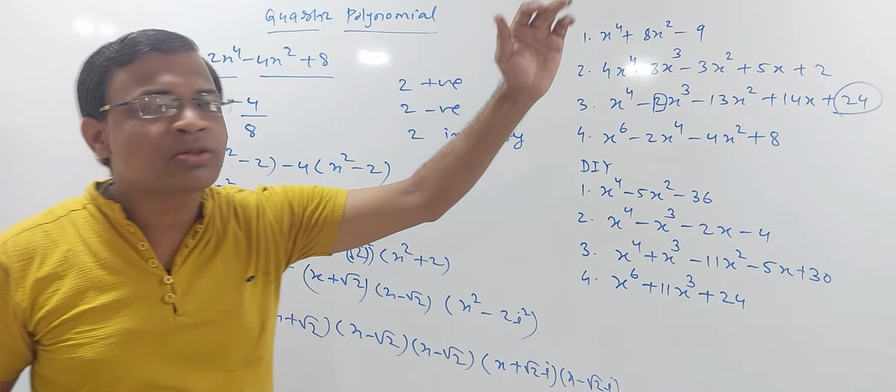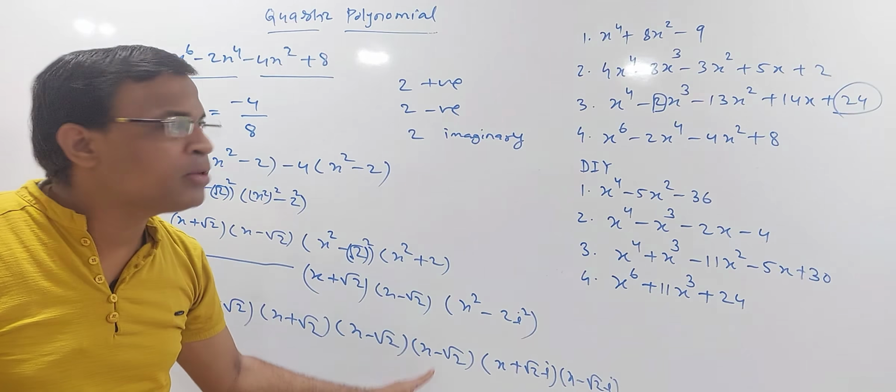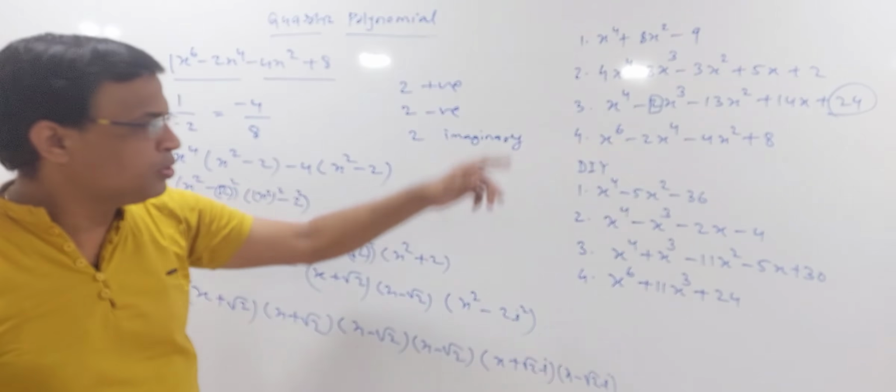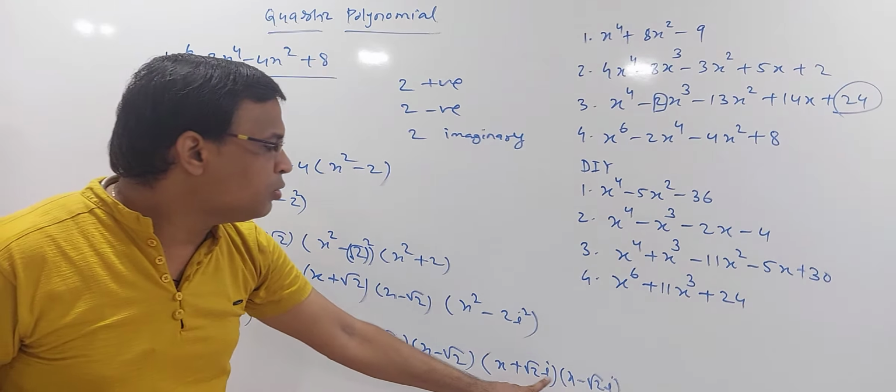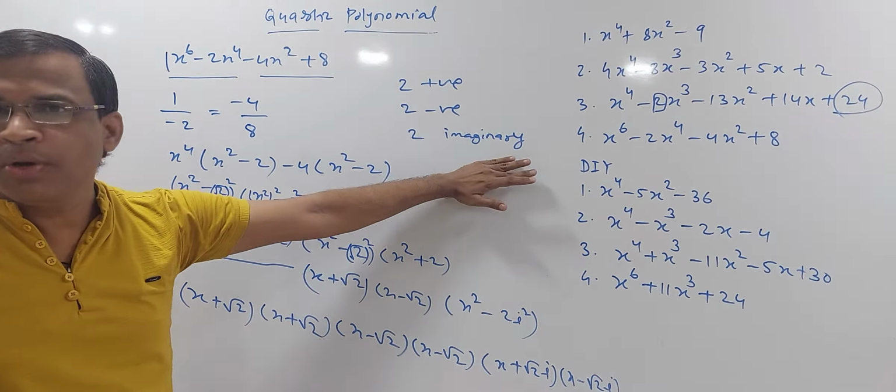2 sign changes if you go with f of minus x. Fine. Now it's a degree 6 polynomial, so it should have 6 factors maximum. So we got 2 positive, 2 negative, so the remaining 2 will be imaginary. Now just check. X plus root 2, x plus root 2 gives me 0 at minus root 2, so it satisfies this 1 zero but 2 times, that's why 2 negative roots. Then x minus root 2 gives me 2 positive roots, root 2 and root 2, again 1 zero but 2 times. Finally root 2i and minus root 2i are the 2 imaginary roots.